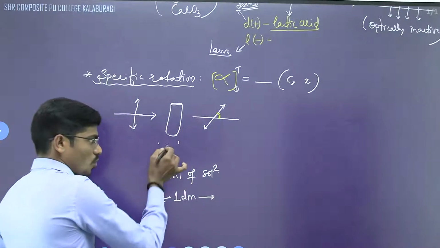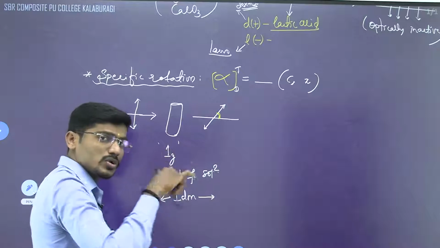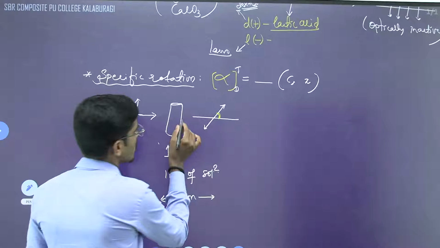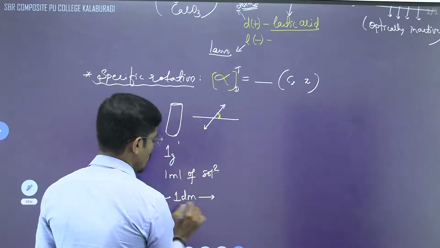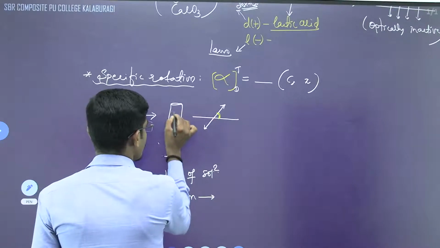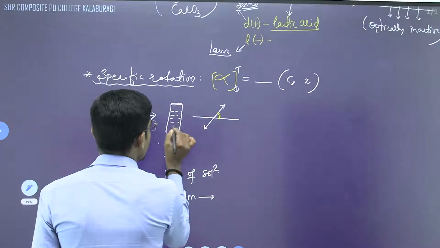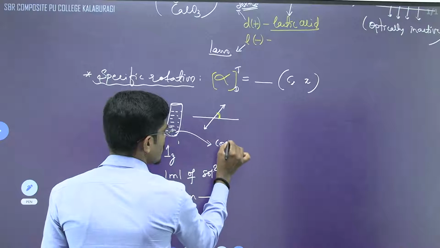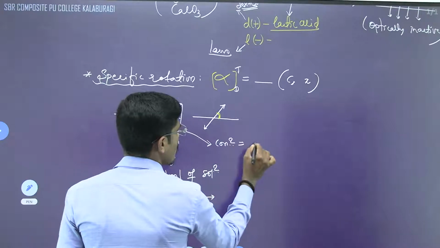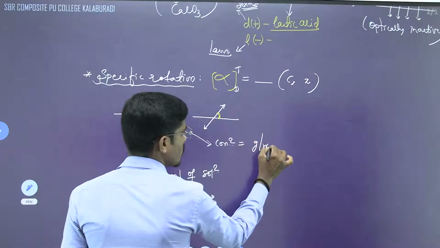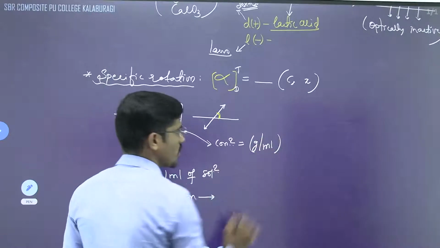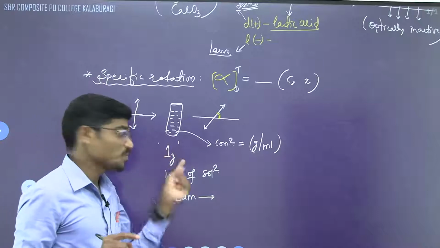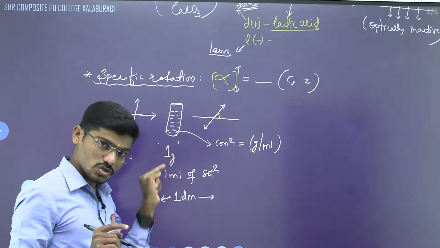So that means 1 gram of the organic compound is dissolved in 1 ml of solution, and that is taken in a tube having a path length of 1 decimeter. So its concentration is expressed in terms of what? Grams per ml. The unit of concentration is grams per ml, because specifically 1 gram of substance is dissolved in 1 ml